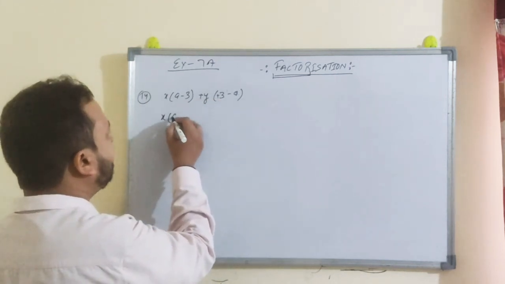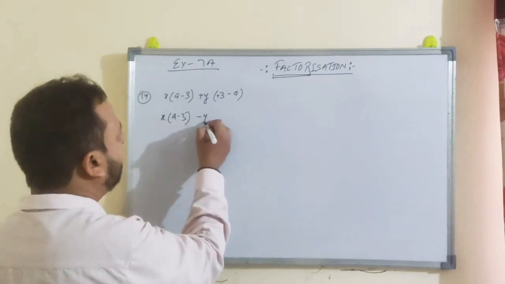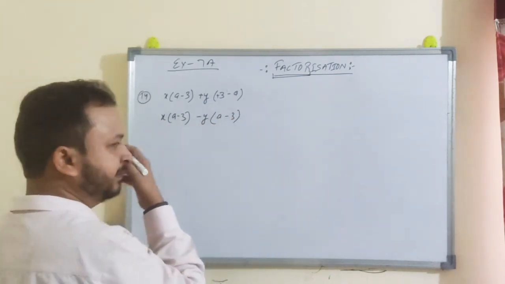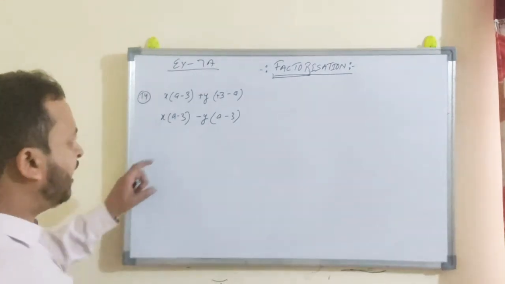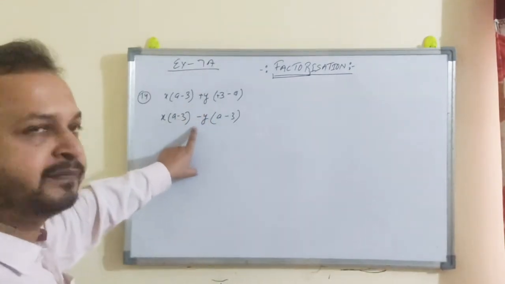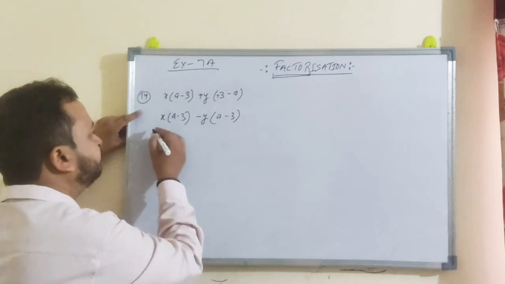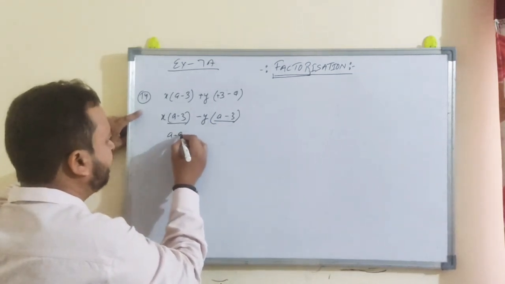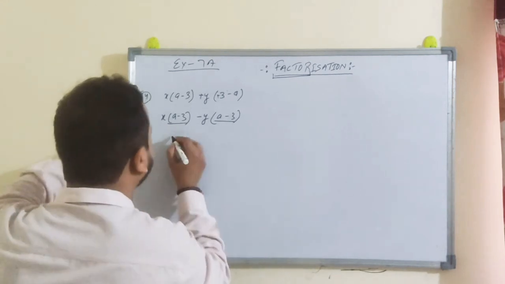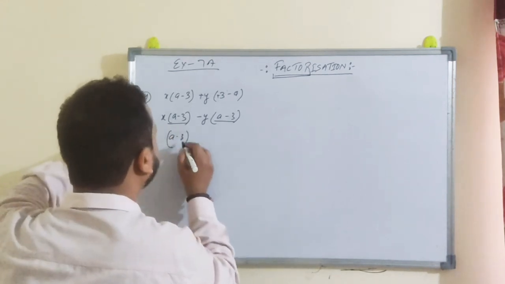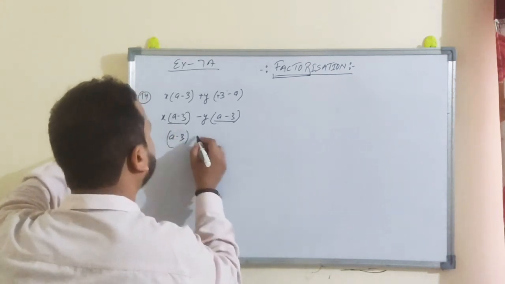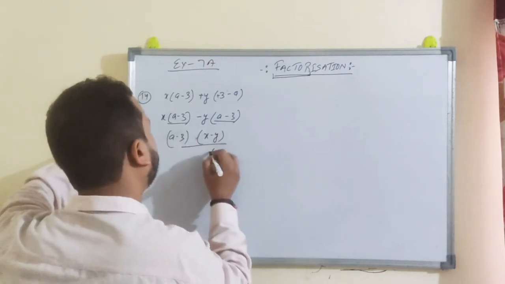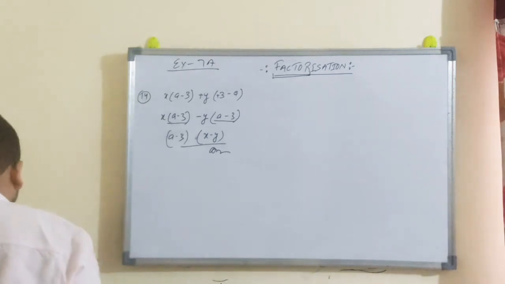So you can write it as minus of y, so a minus 3. I have only taken minus common here, that is it. So here a minus 3, so now you can take a minus 3 as common. So a minus 3 in a bracket and x minus y in another bracket, and this way we'll factorize it.